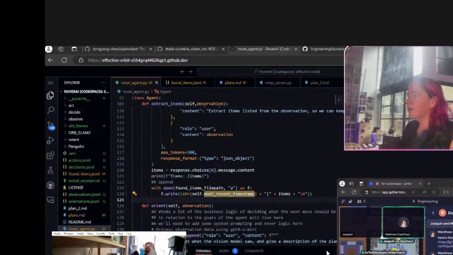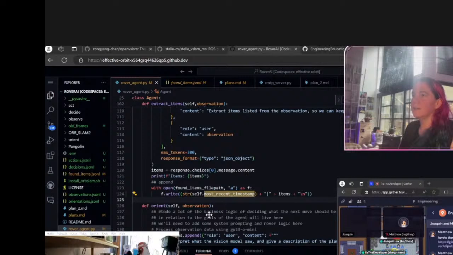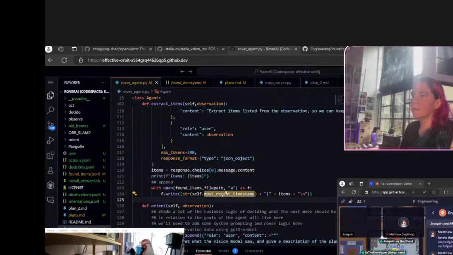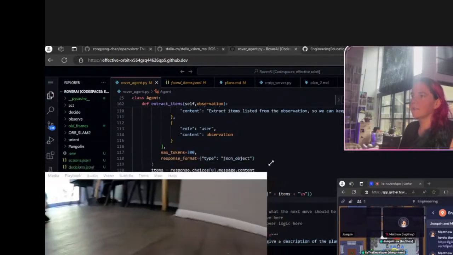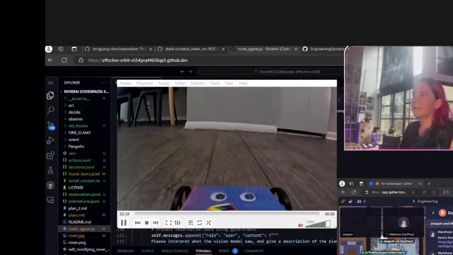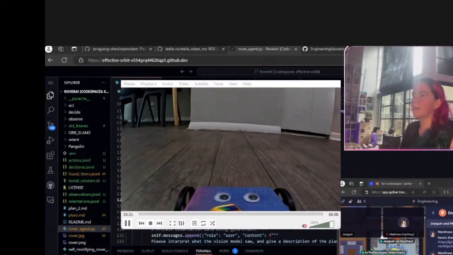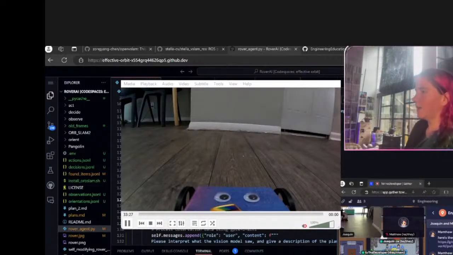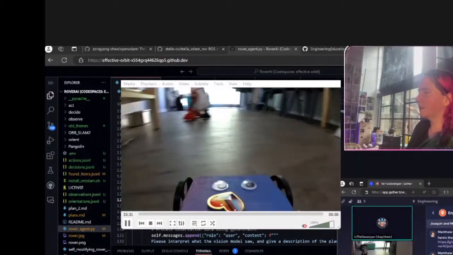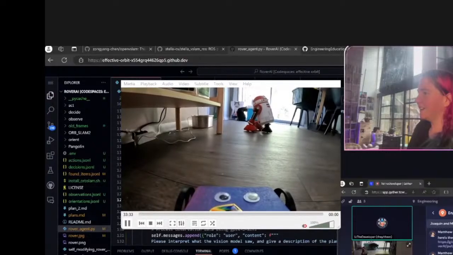So right now we have a really interesting little rover friend that's going around and autonomously exploring Joaquin's apartment. Here it is. It's just doing what it wants to do. And you can see its thought process down here, right? I've got Joaquin's video on here.